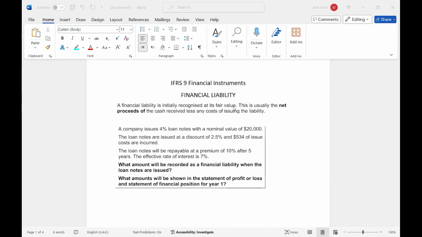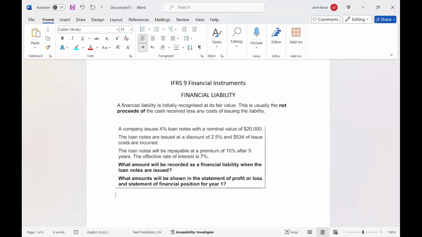Because when you're taking a loan, you're issuing a financial liability. Whatever amount the company will receive after paying all of its issuing cost, it's at that value you are supposed to initially record a financial liability. So let's suppose in this question,